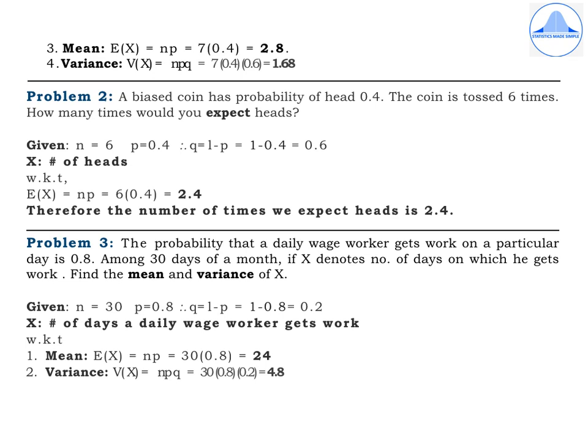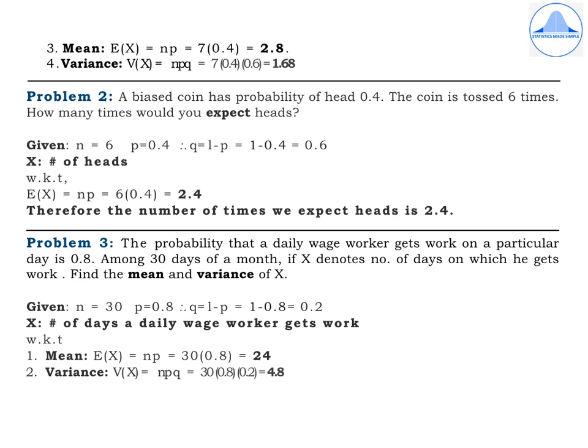Because it is a problem which is related to a coin, and the coin is tossed a finite number of times, that is 6 times, and the probability of getting a head for this biased coin is given, which is 0.4. So the first step is to write given n equal to 6, then p is 0.4. So find out q, which is 1 minus p, 1 minus 0.4, which is equal to 0.6.